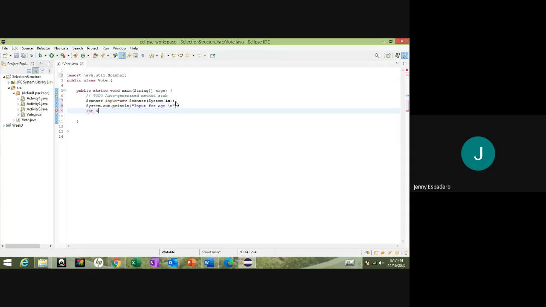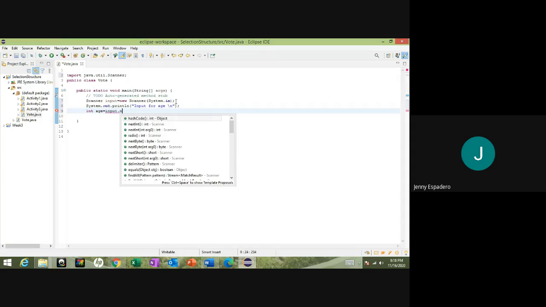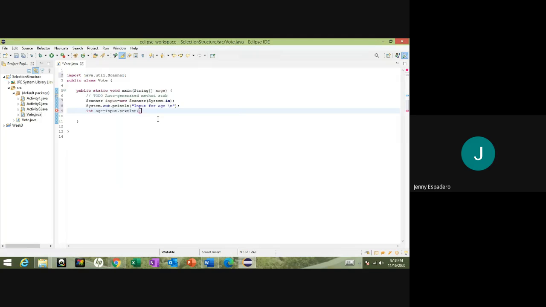So int age is equal to input.nextInt, since age is integer.